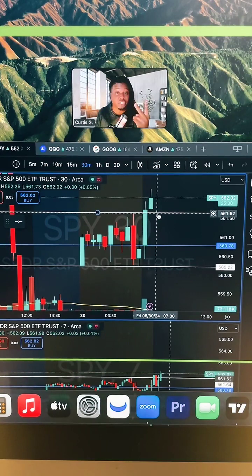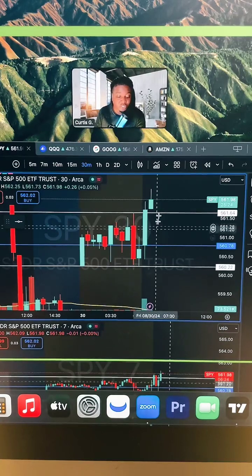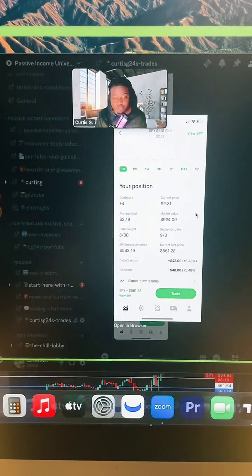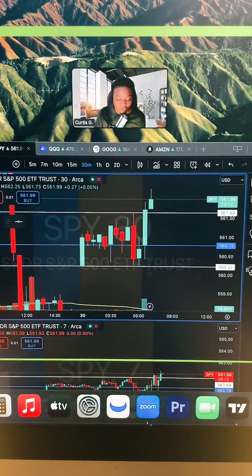We got 2 green trades for Friday, which is super, super dope. 2 green trades for Friday. I didn't even get a chance, because it went by so fast, to alert my Discord doing this live with y'all. This is my first time doing the live trading. But as we can see here, this was the first trade of the day. That was green too. So very nice. Good way to end the week. Good way to end Friday.